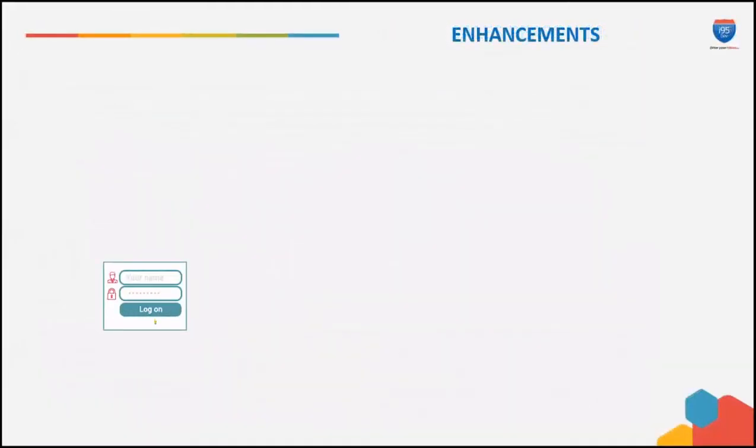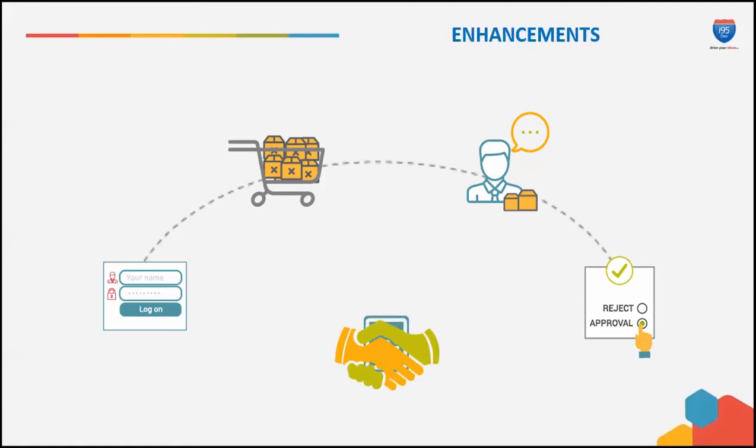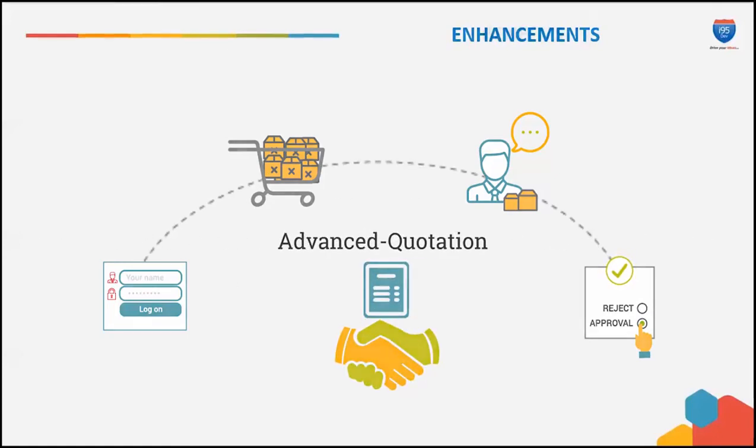You can extend this module's functionality through our additional module called Advanced Quotation. With both Salesperson and Advanced Quotation modules, your sales reps can very easily and quickly view quotes raised by a customer, make changes, and even convert a quote to order. This dramatically reduces the quote to order cycle.